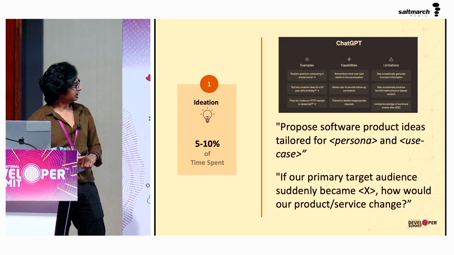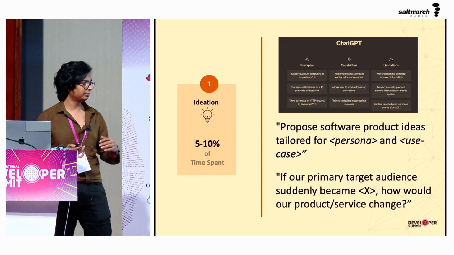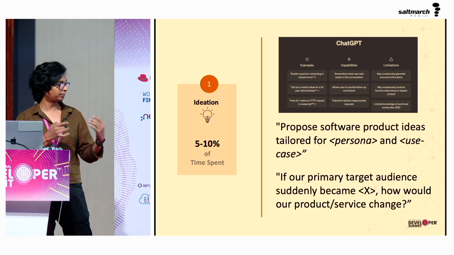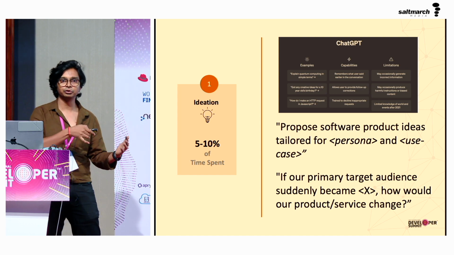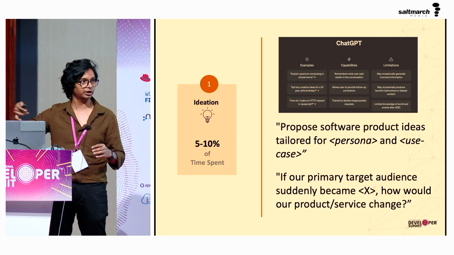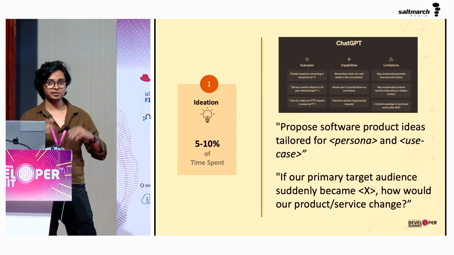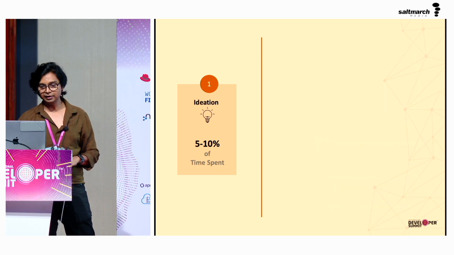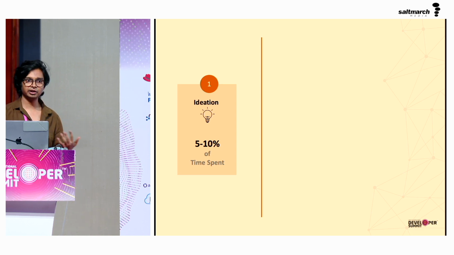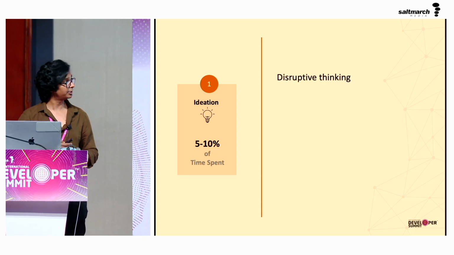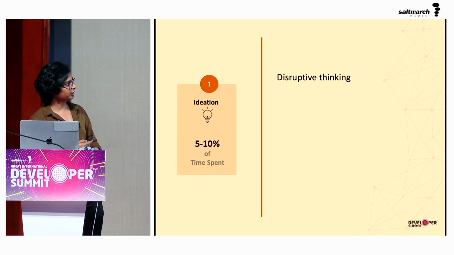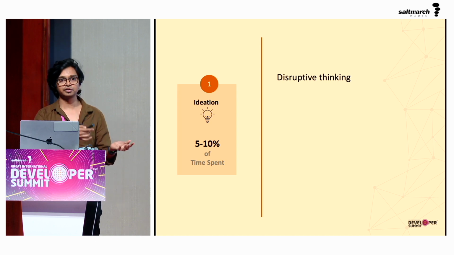Or you can say, my primary target audience has suddenly become X, maybe it's a shifting demography. So how do you look into your product and services offering, and what changes would you make? And hence, there is a set of recommendations and development that has to happen. So this is all about how you bring GenAI tools into the ideation phase. The idea is that these techniques, prompts and GenAI models can help do a lot of disruptive thinking. It can challenge the status quo and say, okay, the world is changing. What are the new things that I can do, and what are the new software, features and applications that